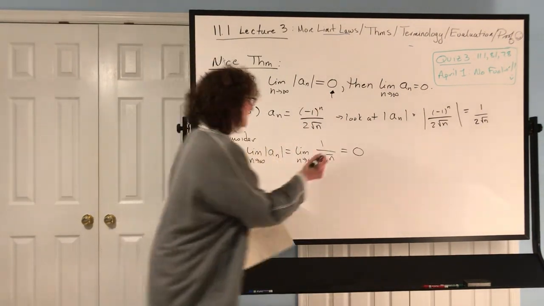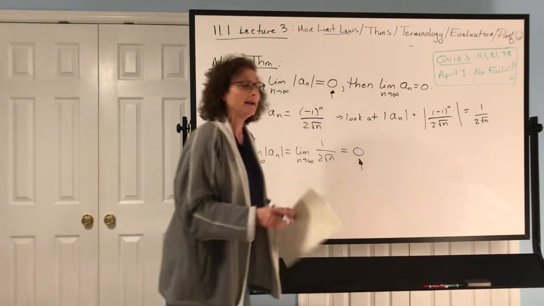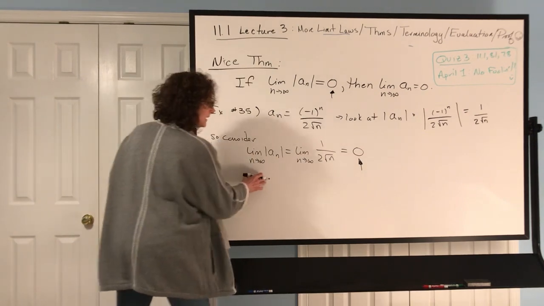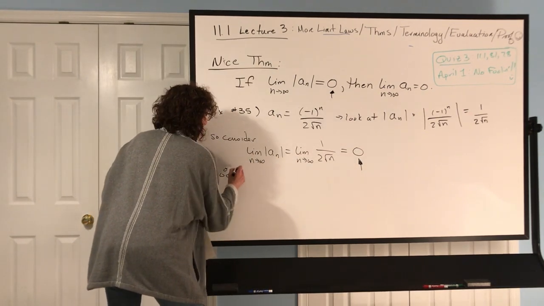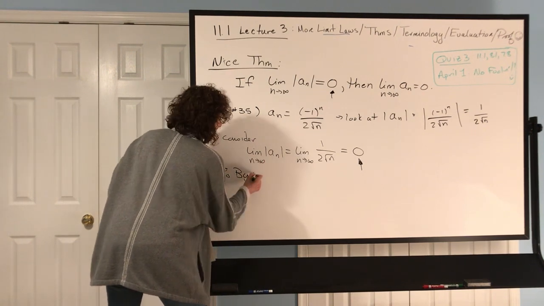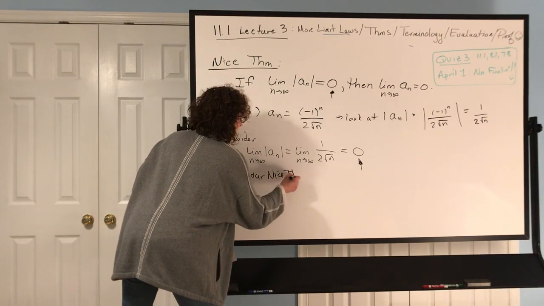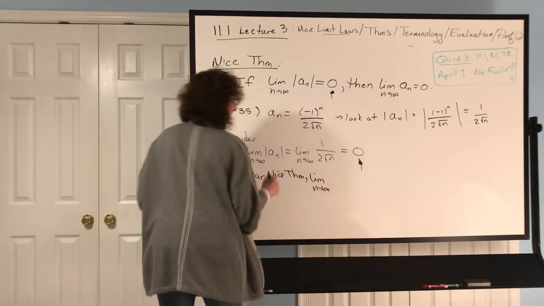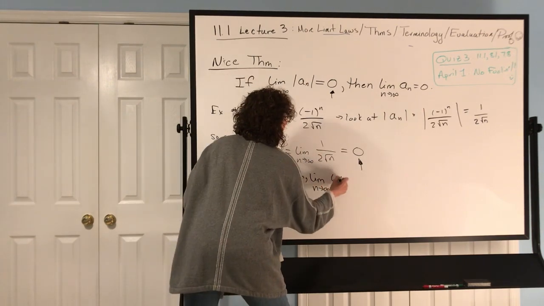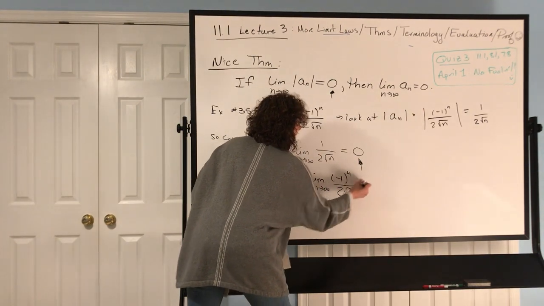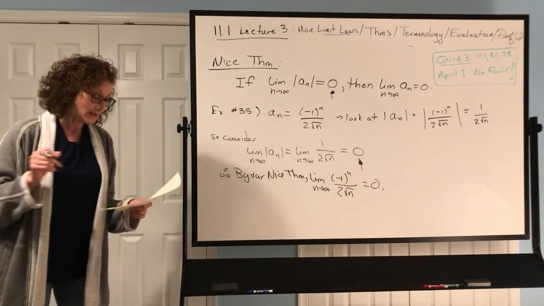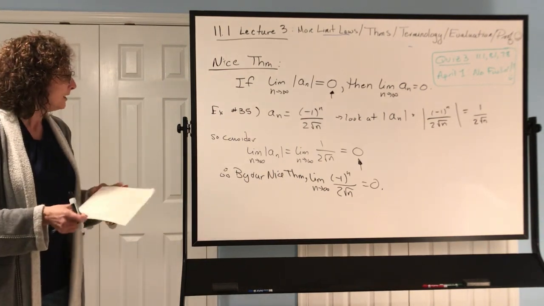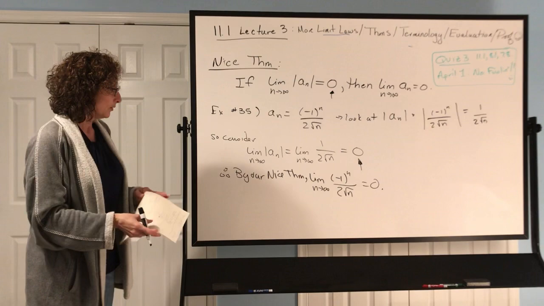Whoa, we're so happy, right? Because 0 is the only thing we can get out to actually apply this theorem. So since we've just shown that that limit is 0, therefore, by our nice theorem, the limit as n goes to infinity of our actual a_n, which is (-1)^n over 2 root n, is also 0. Yeah? So that's super nice. That allows you to avoid having to deal with the moving around of the